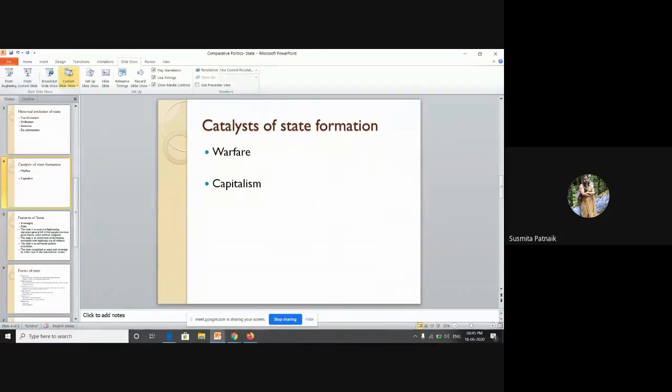It means that when the means of production is owned by some group of people, or when the capital has gone to the pocket of some people, that process is called capitalism. Or when the means of production, or the profit of production, has gone to the pocket of the rich people, the process is called capitalism.